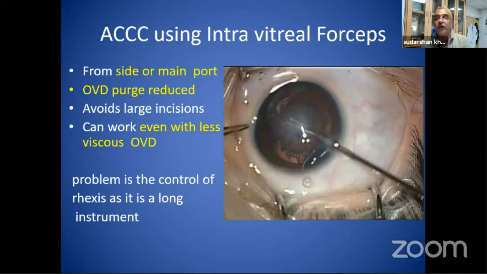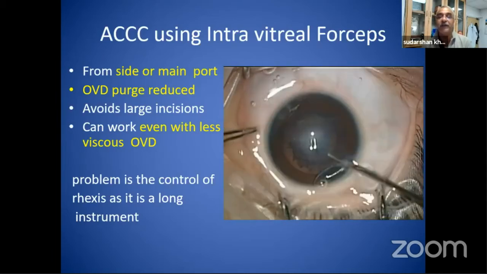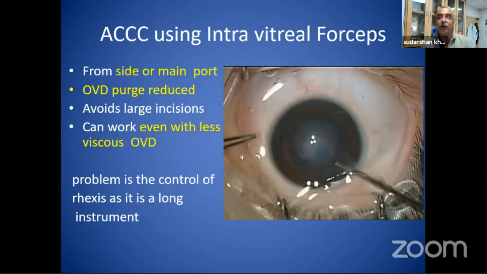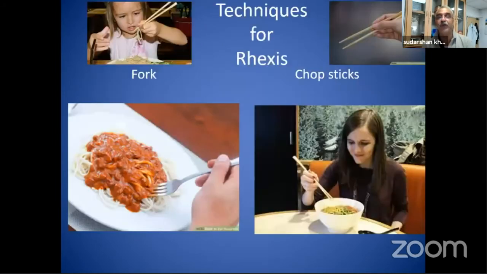So you see with this also, you can get the Utrata. In case you don't have a good heavy viscoelastic, you can use methyl cellulose only and make side ports and just get away with that. So you see how easily I've got it. Again, the trick is to hold it again and again. Try not to finish off in one go, because it's not possible. It's so stretchy, it will always run off.